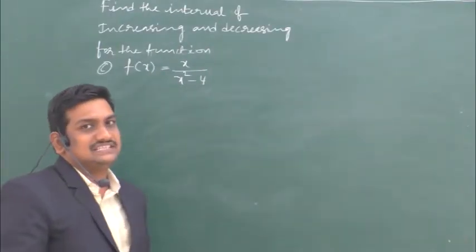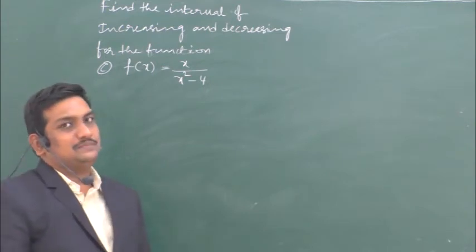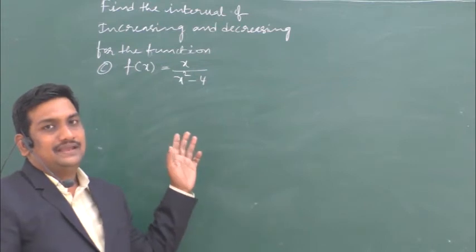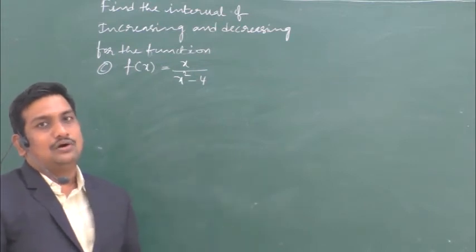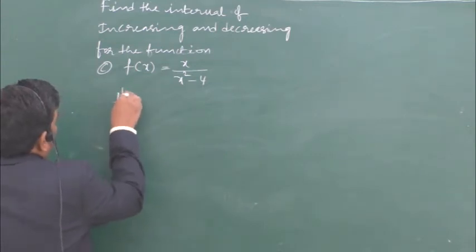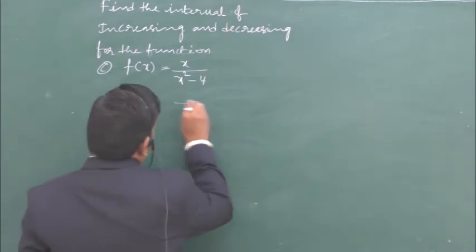Now let us take another example. f(x) = x/(x² - 4). You need to identify intervals so that the given function may be increasing or decreasing. Let us start with the first derivative. Now it is of the form u by v. Denominator will be v squared